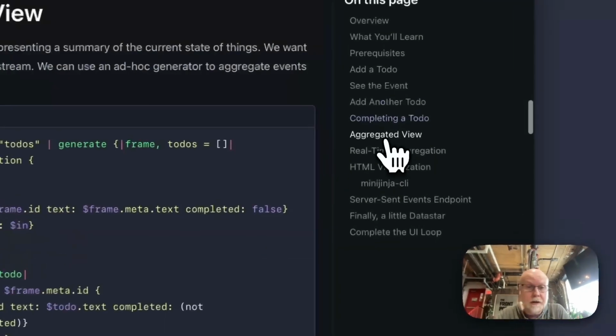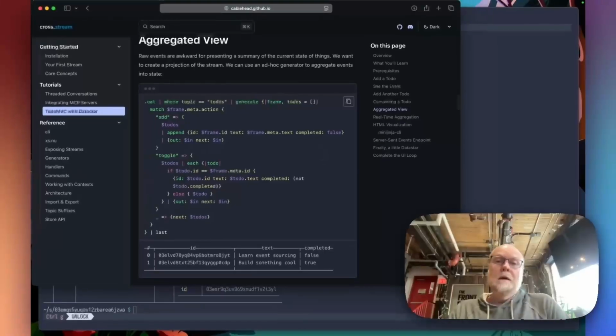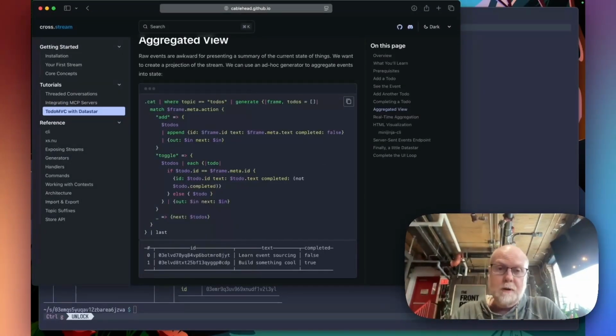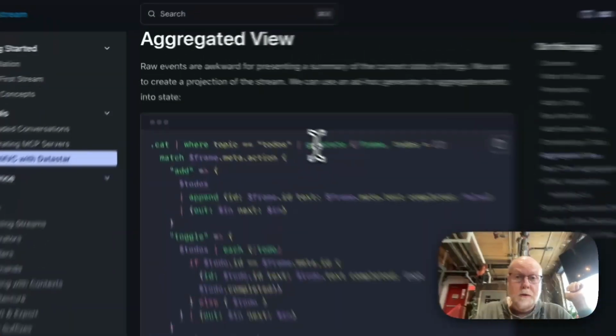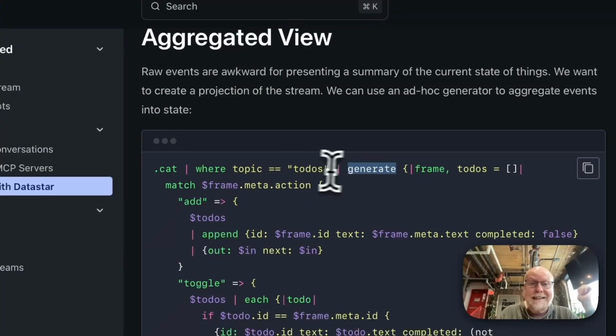So what does that look like? Aggregated view. Now I appreciate this probably looks like a lot, but it's not actually a lot. If this was more of a cross-stream tutorial, I would break this down more. But anyway, let's step through it. We're going to cat the to-dos like we've been doing before, and run them through a Nushell command called generate,